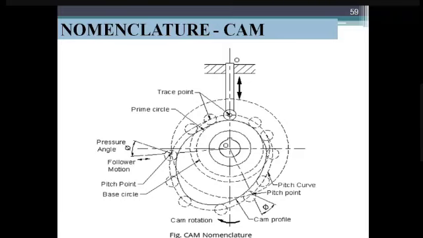So what is the base circle? The smallest circle tangential to the cam profile. What about the pitch curve, used to draw the cam curve? What is the application of the pitch curve here? From the pitch curve only we draw the roller diameters, and the bottom of the touching areas are to be joined to get the cam profile exactly. So prime circle, pressure angle. The pressure angle is the angle between the line of action of the follower and the corresponding normal to the pitch line. Similarly, what we have seen in the gears, the same.